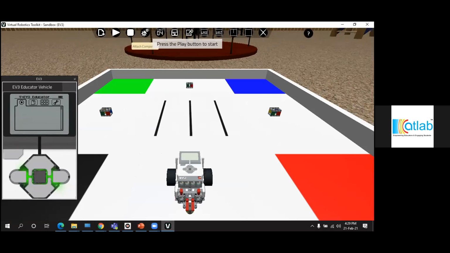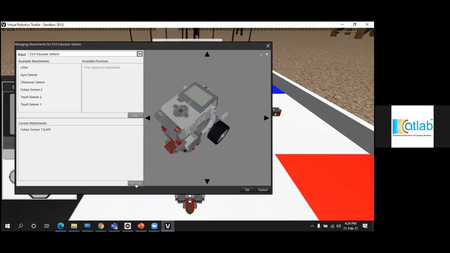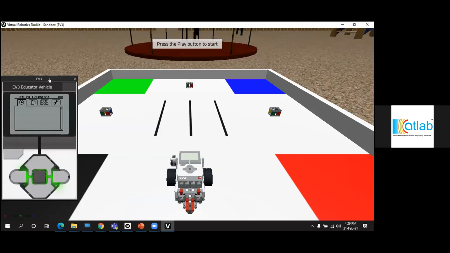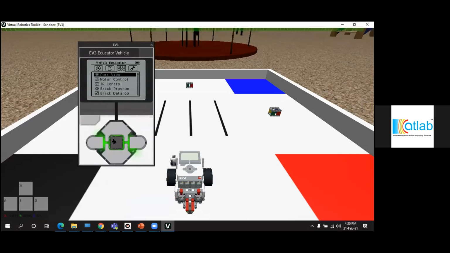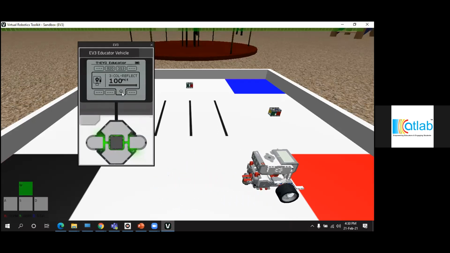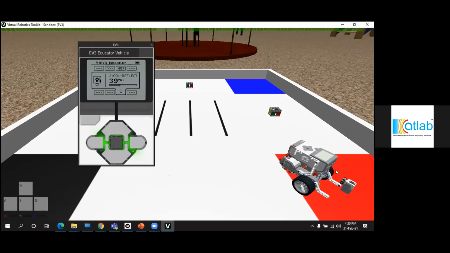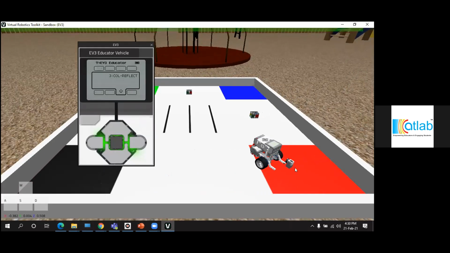Let me add a color sensor. For calculating the light reflected back, go to the third section and enter the port view. Go to the first one for reflected value. Right now the amount of light reflected back is 100. There you go. The amount of light reflected back in the red is 39.